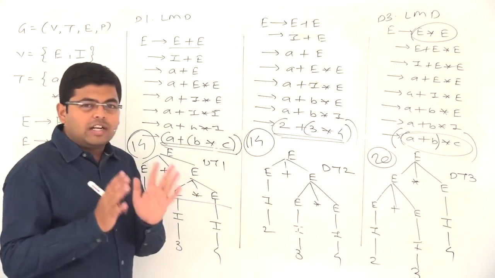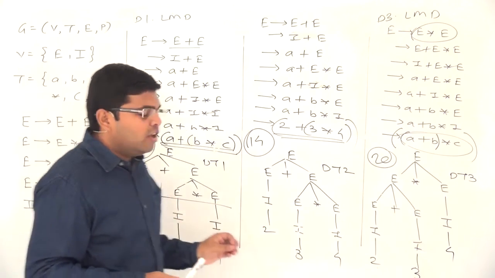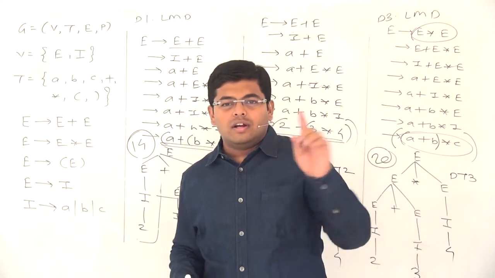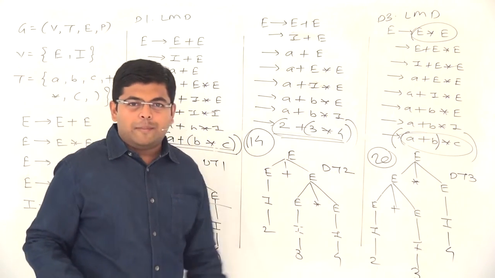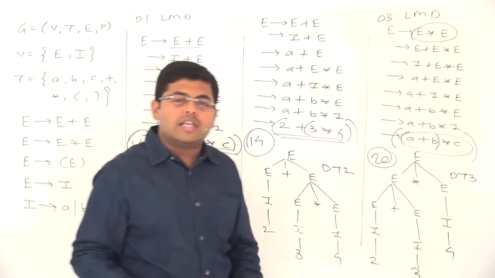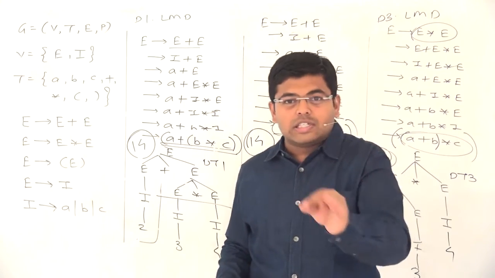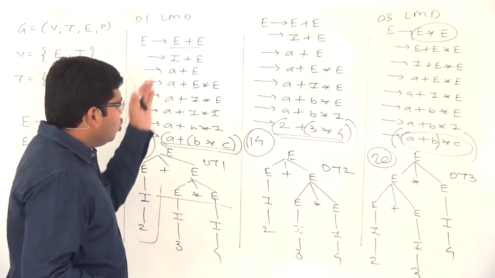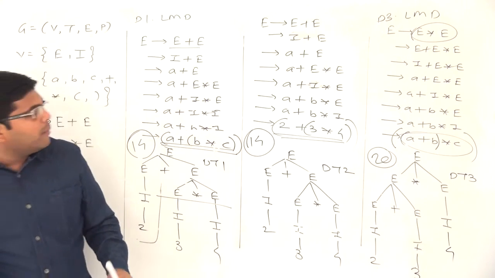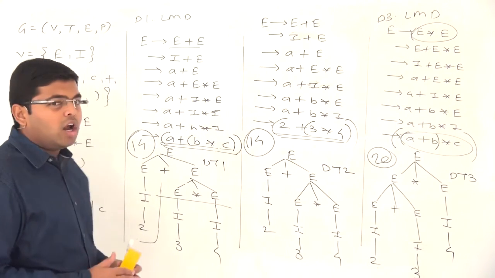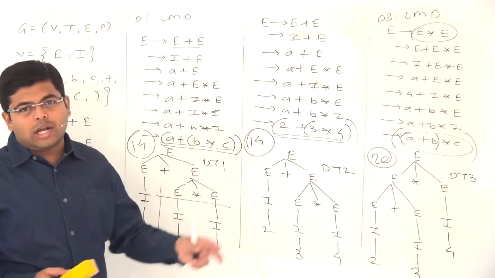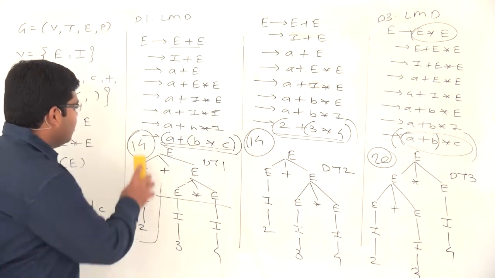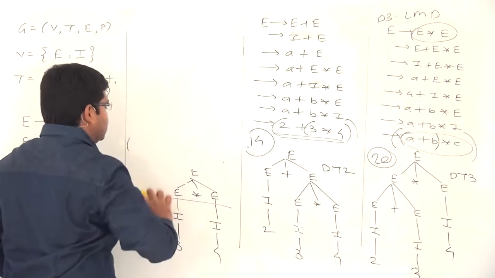However, right now you should just be very clear with the definition of ambiguous grammar. If at least one string has multiple derivation trees, it will be called an ambiguous grammar. If all the strings have unique derivation trees, it will be called an unambiguous grammar. And now we will look at some equivalent statements or equivalent definitions of ambiguous grammar and unambiguous grammar. So I hope you are very clear with this. Let's move ahead. We will see certain equivalent statements.